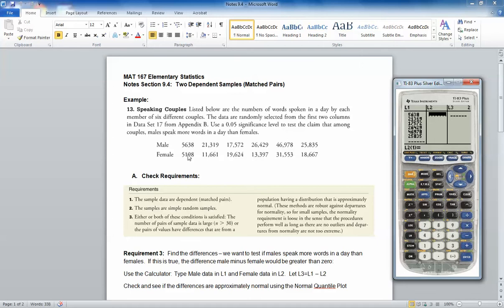Then in list 2, we type in the matched pair. So for this male, we have 5198 for female. Type in our second value. Third value. 13,397. 31,553. And 18,667. All right, now that we have our first list male words, second list female words,